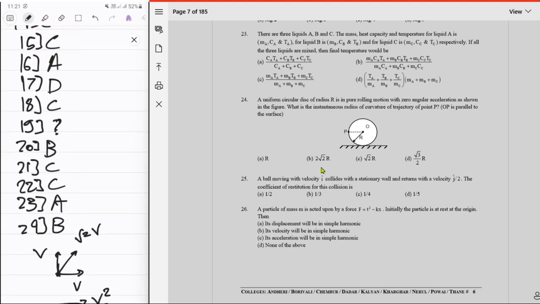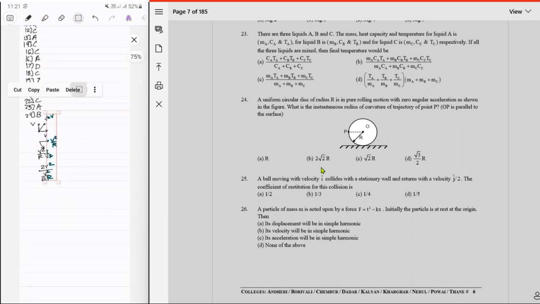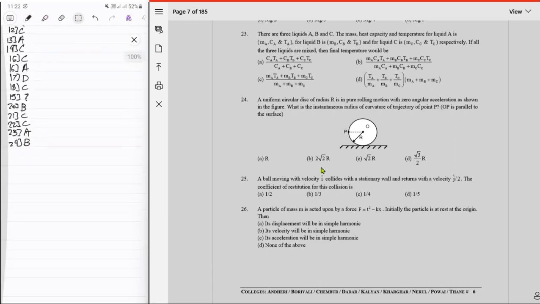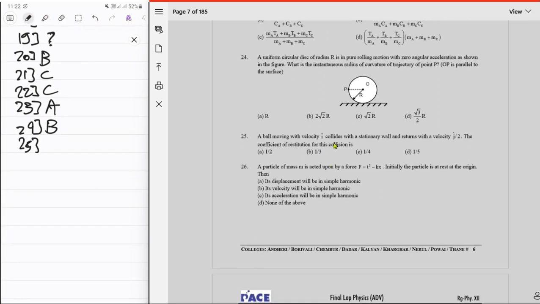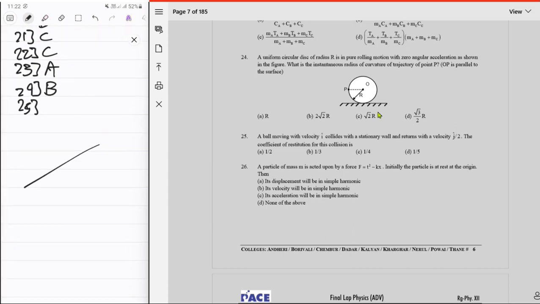Next question. 25. A ball moving with velocity i hat collides with a stationary ball and returns with velocity j hat upon 2. The coefficient of restitution for this collision is, okay, for some reason that doesn't actually make sense. One is going upward? Oh, okay, understood. It's not that the wall is like this, it's like this. Understood. The coefficient of restitution for this collision,